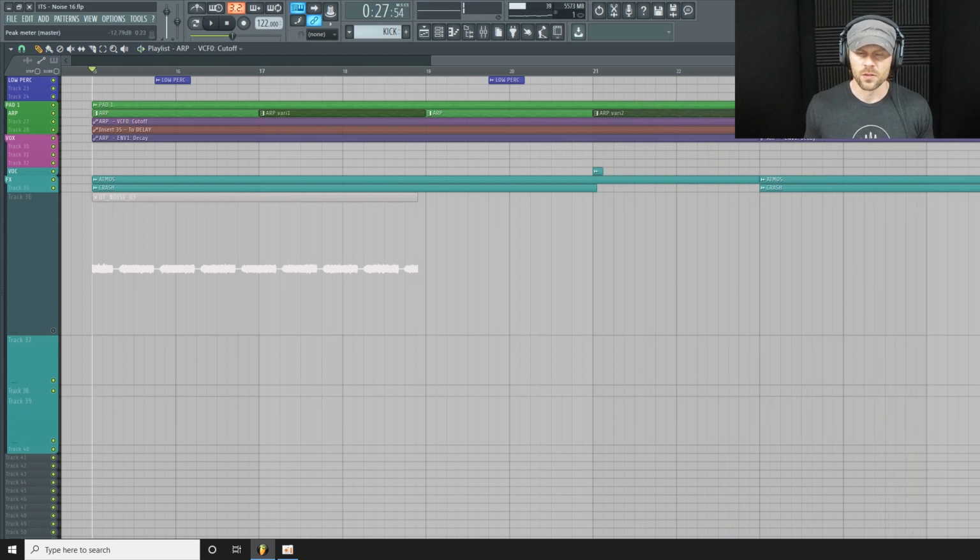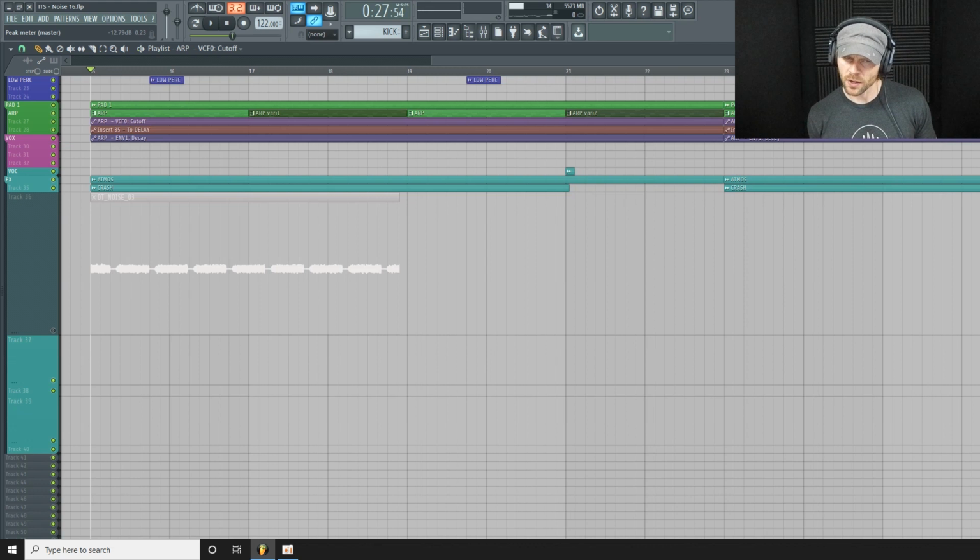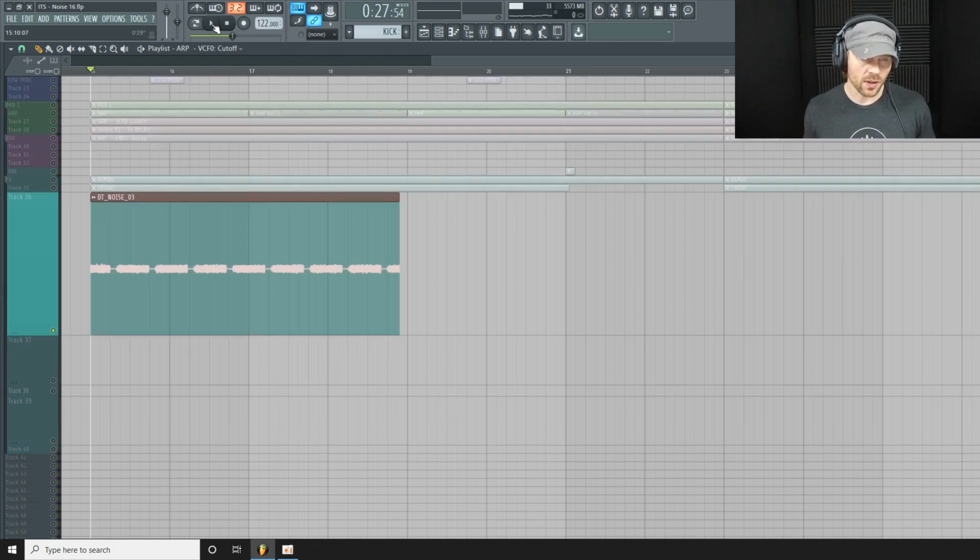Okay, so maybe you might recognize this. I used this in the variations video I did a few videos back, but I just repurposed it, changed a few things for this video. So what we're going to do is make a transition sweep effect for this little 2-bar drop-down section leading into the next phrase. All right, so I have this white noise little loop here,